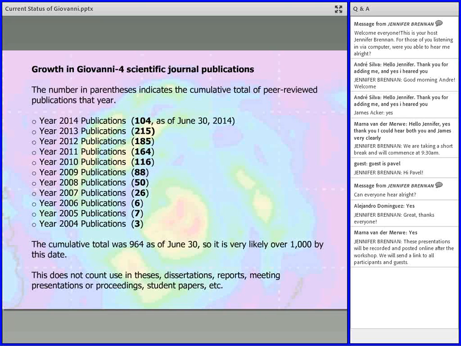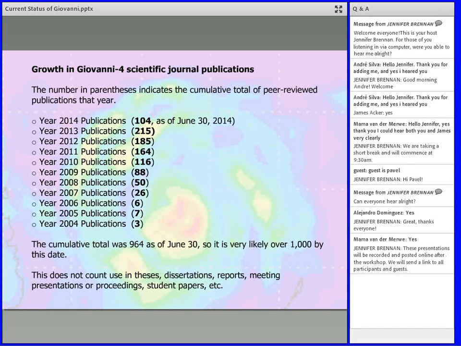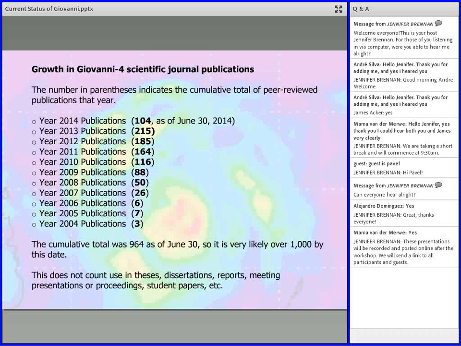Now, one of the things that I do here is I keep track of our journal publications. In fact, all of the speakers here at the workshop were found by virtue of the fact that they had published a paper in the last 2 years that had used Giovanni in some fashion. Greg Leptoukh was always fond of watching the growth of the publications, and they are moving along quite well. We're at a clip now. We see anywhere between 15 and 20 research publications per month coming out that use Giovanni.